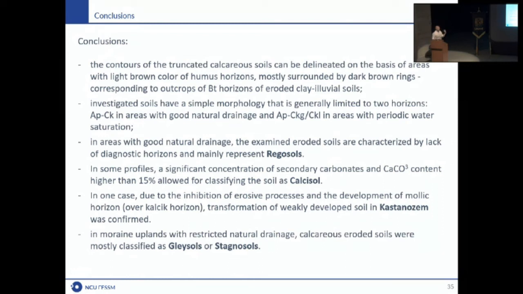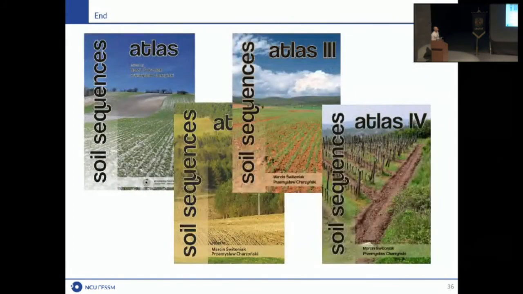And if the erosion is stopped and the area, sometimes due to the high inclination of the slope, is changed into, for example, pasture, and it is now covered by grass. And sometimes, because of the strip till, even more often it is this situation, it is changed again into, not again, but it's development of the humus horizon, and in the classification the soils will go to the Castanozems. And we also find, for me it's not a problem, but for many people it is. So maybe this is the main conclusion from this presentation.